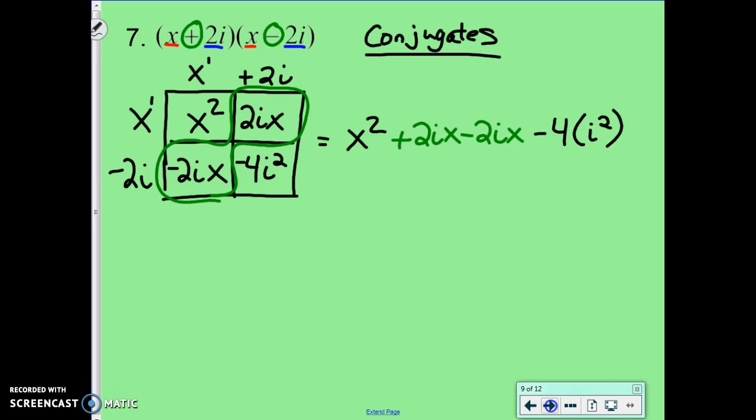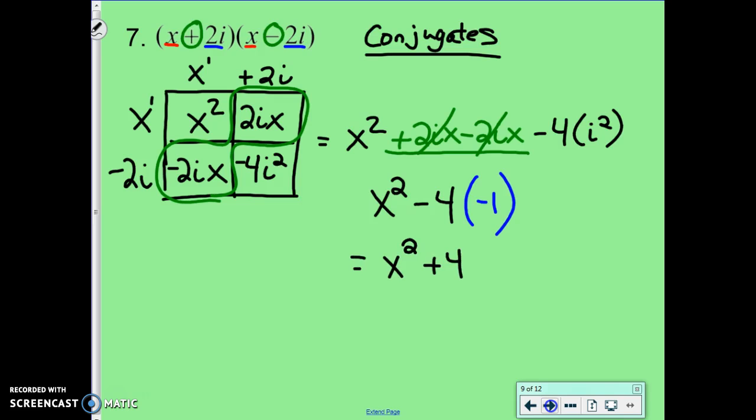And what we're going to see here is that these terms are going to cancel each other out. And so your middle term in conjugates will be canceling each other out, leaving us only with x squared minus 4 times negative 1, which means this is going to be equal to x squared plus 4. So the conjugates of x plus 2i times x minus 2i will multiply together to give us x squared plus 4. And this kind of makes sense because